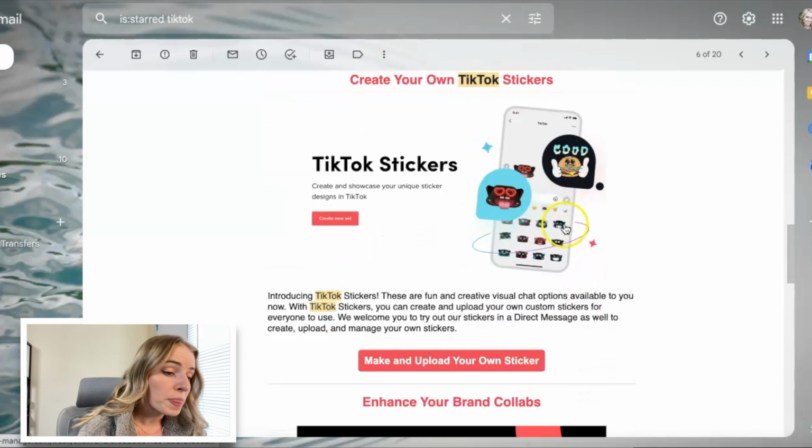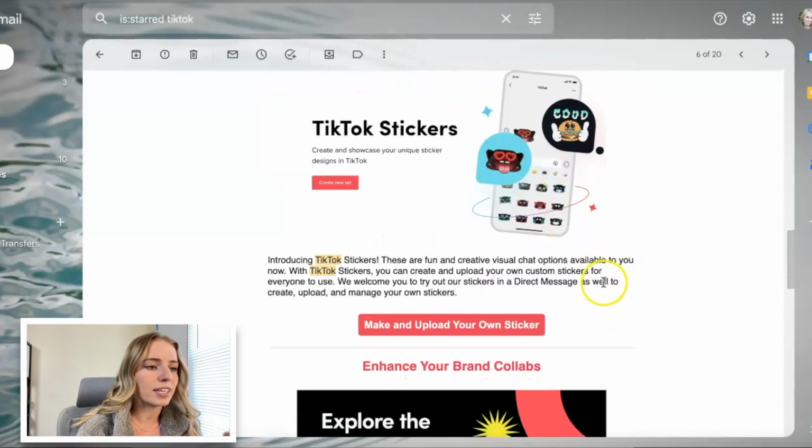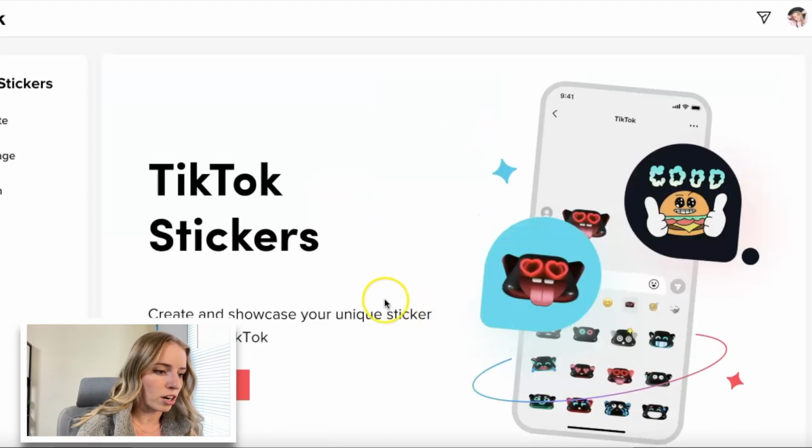Yay, awesome. Okay, now we've got TikTok stickers. So let's check this out. You can make and upload your own stickers onto TikTok. TikTok stickers. Create and showcase your